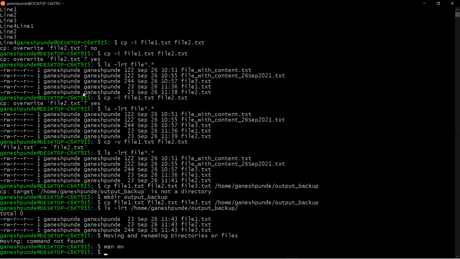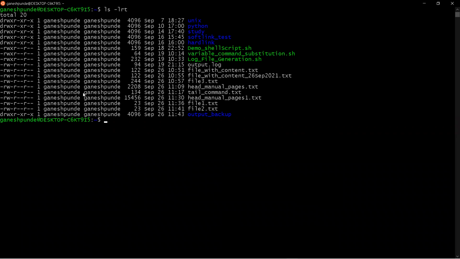In order to move a file, you can use the move command. And how can you do that? For example, suppose I have file1.txt, and I want to move it to file2.txt. I am removing file2 first, right?